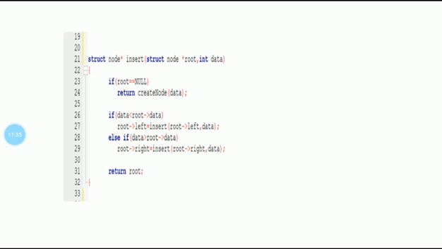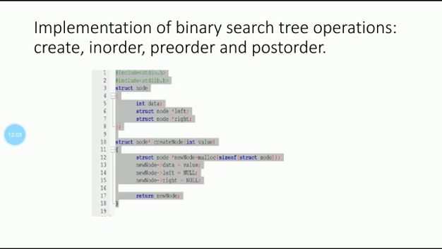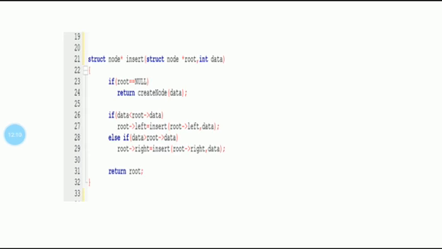Already I told you about the first two fragments of code, that is we need to define the structure, then we have to create the node. Whether it is a binary search tree or a binary tree, whatever the tree may be, it is a collection of nodes. For that purpose, a node has to be created. In the node we saw only two steps: we need to provide memory to that particular node, and initialization.